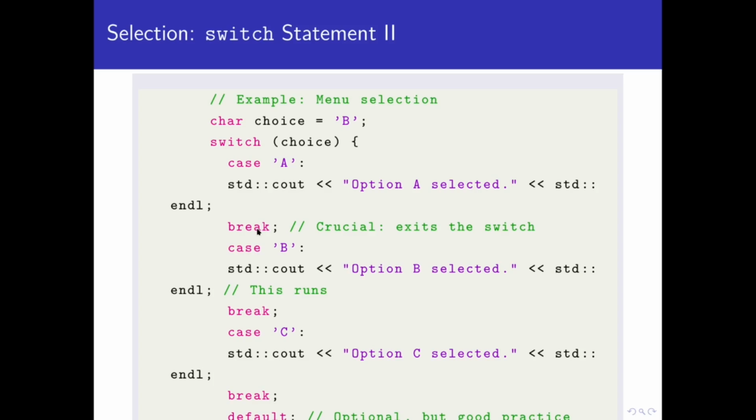So in that case, we have to include the break statement at the end of each case. At the end of the case, if it overflows to this line, then we break. Crucially, it exits the switch statement immediately once the condition is checked. If the condition is not found, then the default statement will happen. This default value here, sorry, is wrong in our slide. I'm going to rectify the error in the slide.